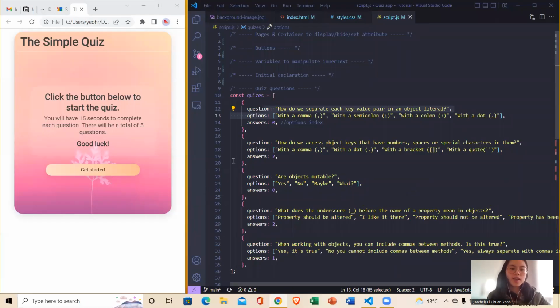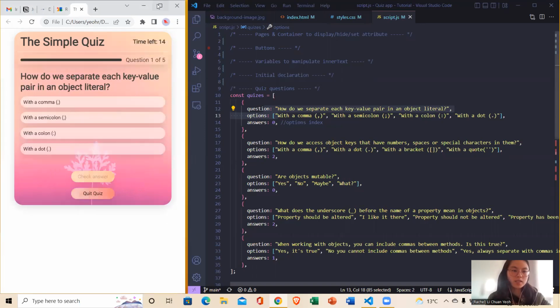Hi everyone, so in the last video we have completed the HTML and CSS part. So in this video we'll be going through the JavaScript part where it's more interactive. So a few things to know in the app. So when we click the Get Started button, the start page will hide, the timer will display, and it will